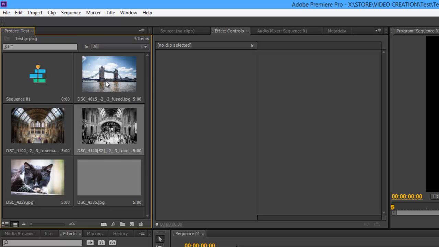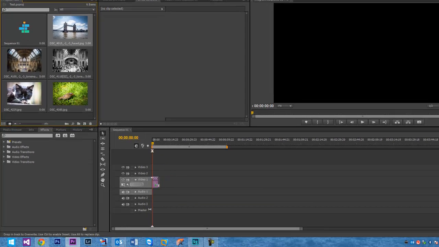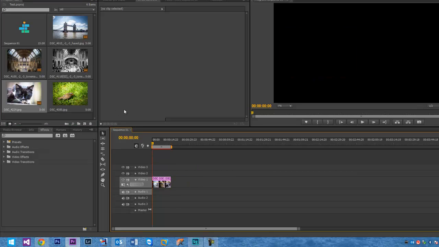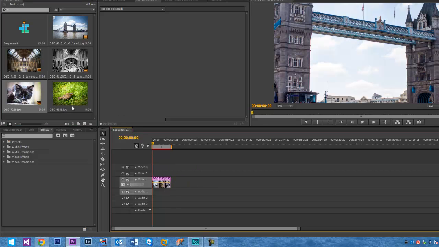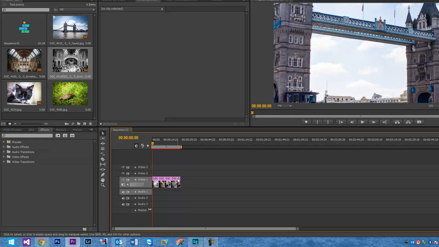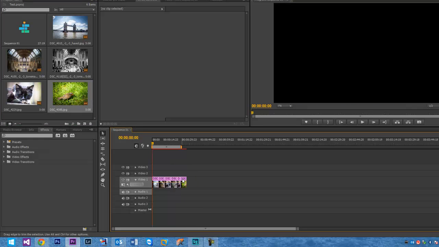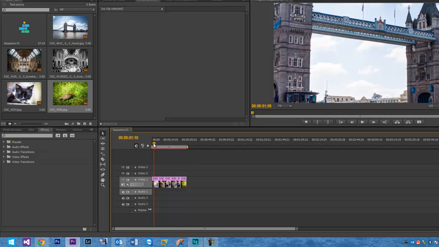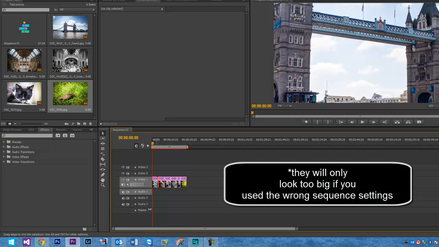Right, okay. And then you can simply drag your pictures or your video into the timeline, just like you do on any other video editor. Yeah, just like what you do on any other video editor, and then you can create slideshows and put video together. Now the first thing you're going to notice here is that your footage, your pictures may look far too big. You just double click on them,